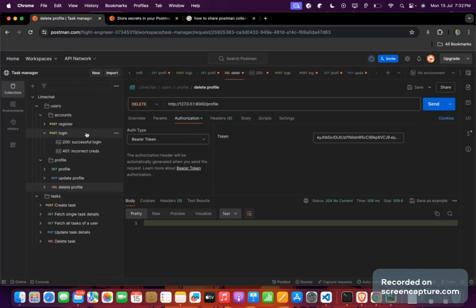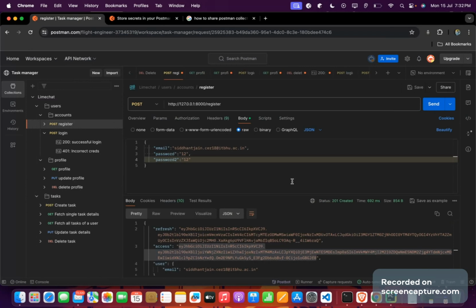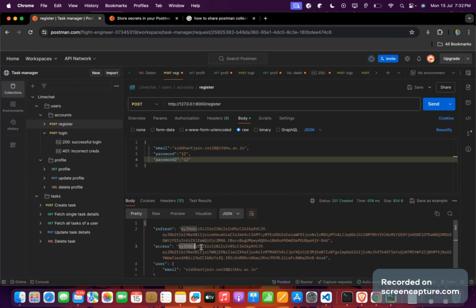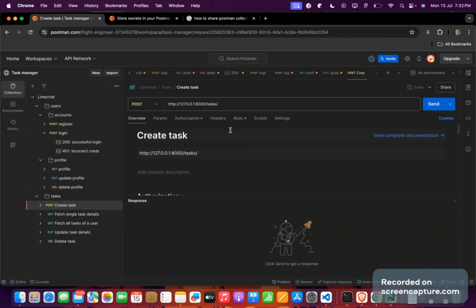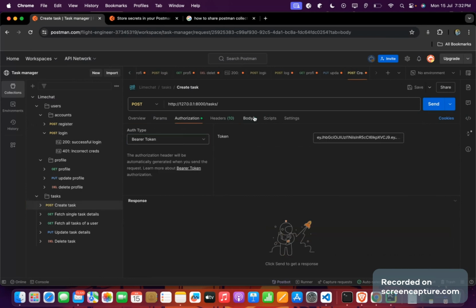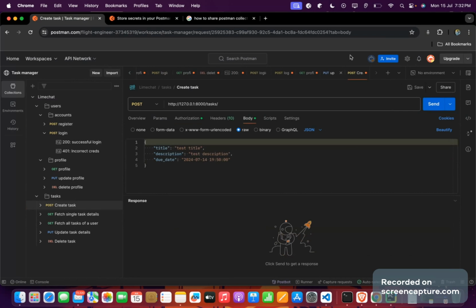Now let's come on to the task. So I'll be registering this over again because I need to show the emails are being sent successfully. So I'll be needing the access token for the task. So now let's create a task. I'll put my bearer token over here. I'll put test title, test description in my body,